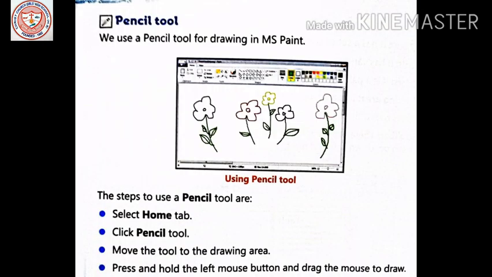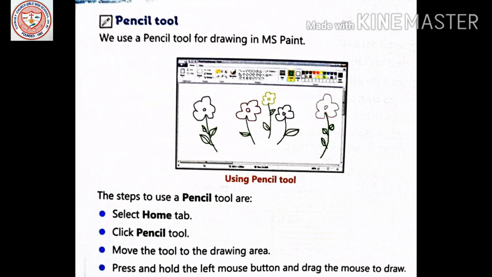See, pencil tool. So what is the use of the pencil tool? With the name only, pencil reminds us of the original pencil which we use for writing and drawing. The shape of the pencil tool is like the normal pencil. You can see the icon of the pencil tool.